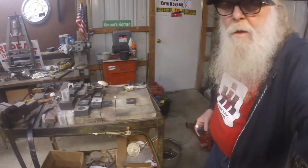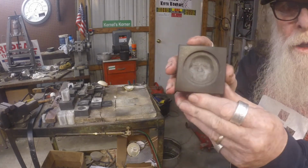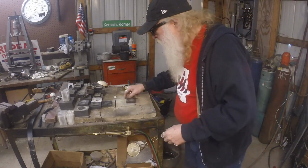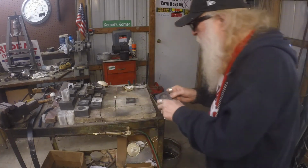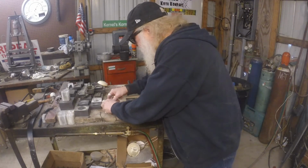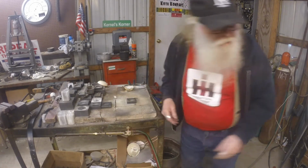Okay, folks, got a couple pours here. Let me get you around here. Going to do another one of these jigsaw rounds. Somebody wanted one of them, and I want one of these. These are Pat P molds. I don't know what I did before. I really don't know. I know they're working now. Okay, let me,